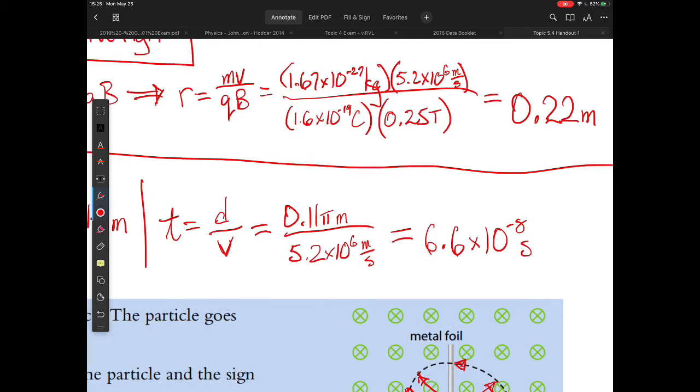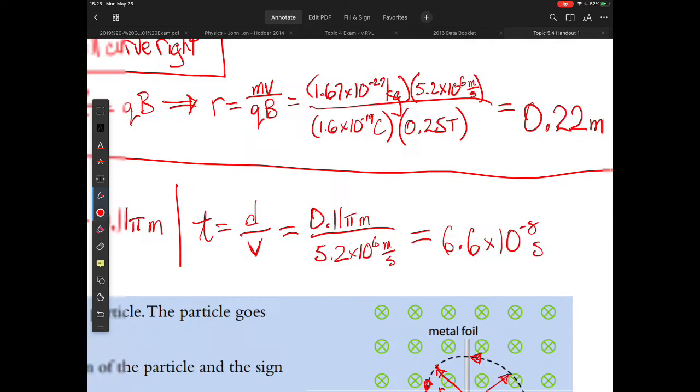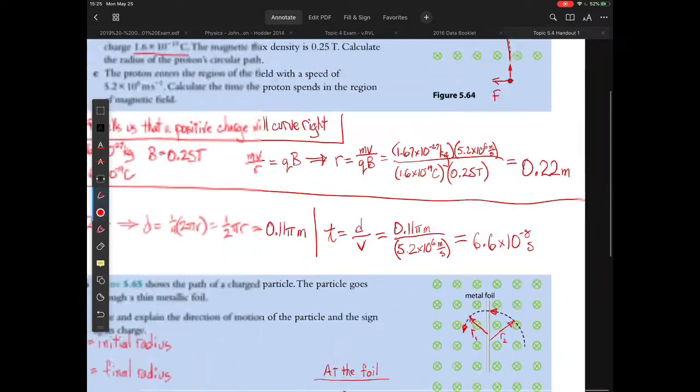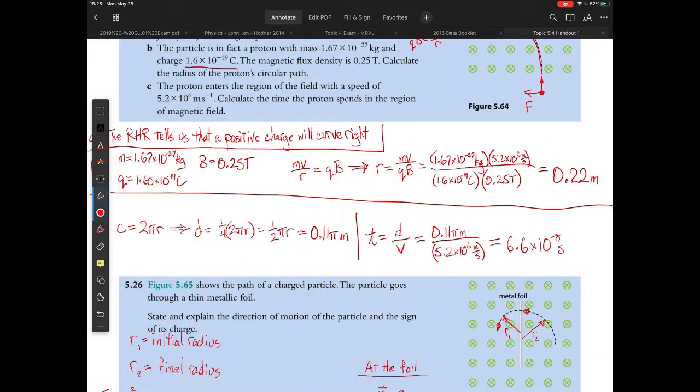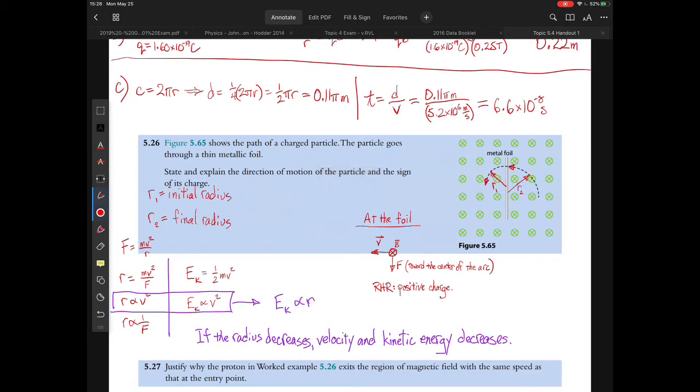So I've done that here, and I take my distance, and at this point I do whip out my calculator, and I will get 6.6 times 10 to the negative 8 seconds. This value in the denominator, you will recall, is given to us in the problem above. Okay, next,